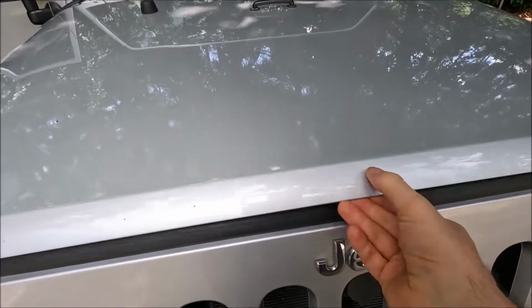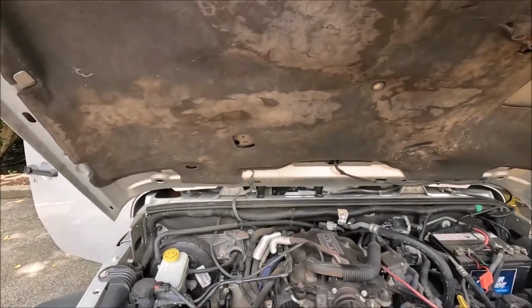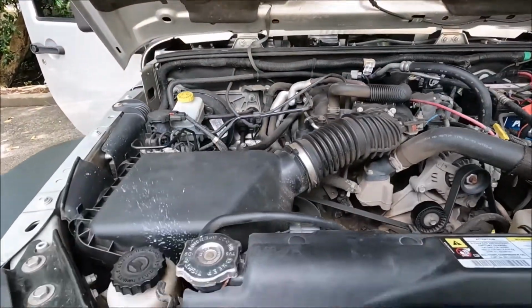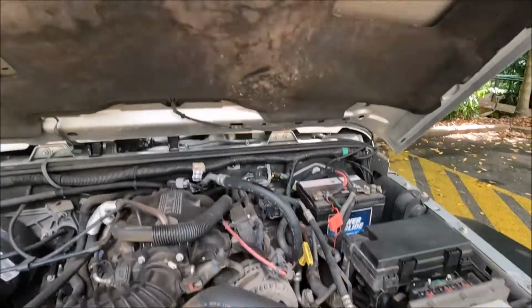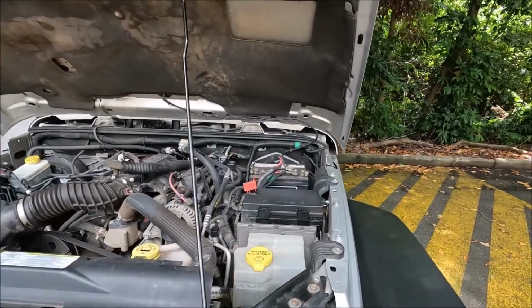Then with that open, you can just flick it open, and there's a lever, just pushing that to the right and then lifting it up. And with that up, we can now put this bonnet stay in that hole there. With the bonnet now safe and secure, we're going to come over to the right hand side of the engine